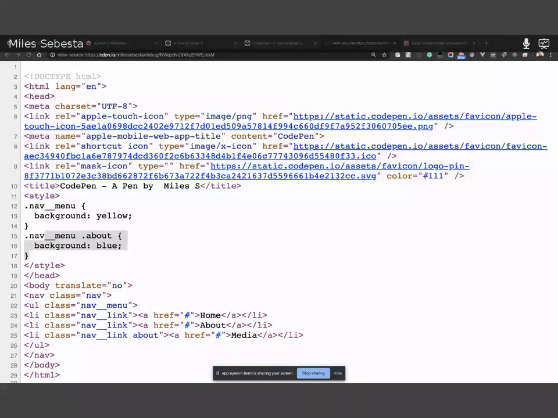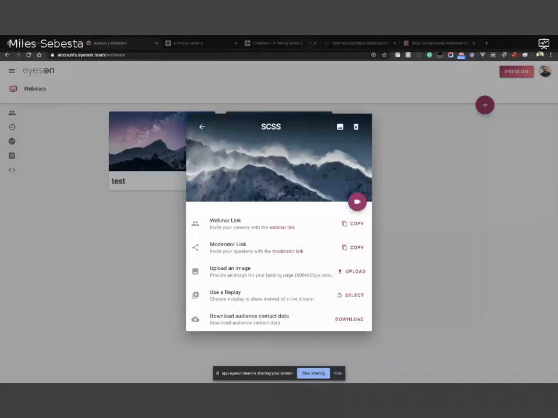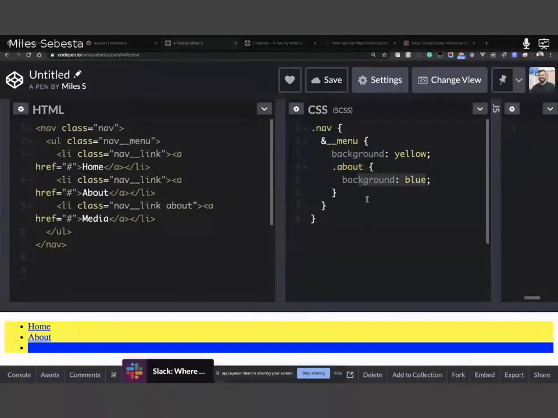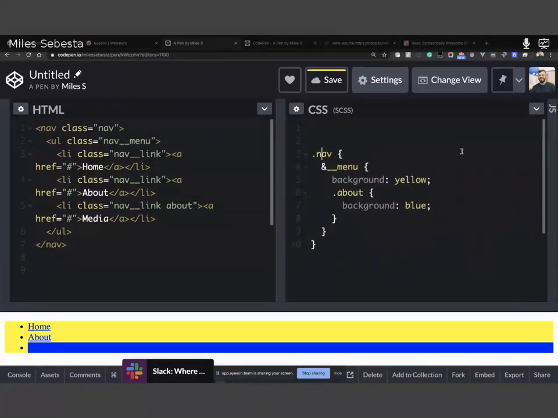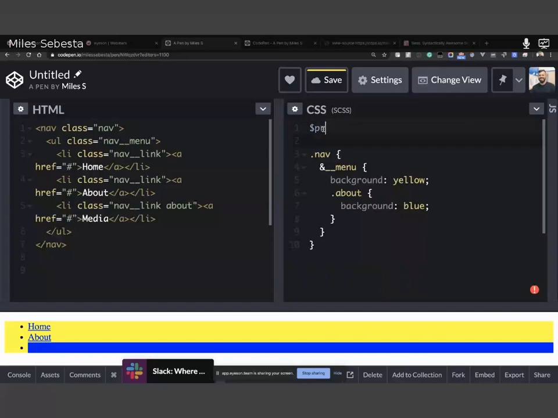All right. So some other things that are pretty cool about CSS with the nesting is you can also start to create variables. Let's say in a design, you have a color that you're going to repeat over and over again. In this case, we're going to repeat yellow over and over again. Now, this is what you can do in SCSS: you can set what they call variables. In this case, I'm going to say primary